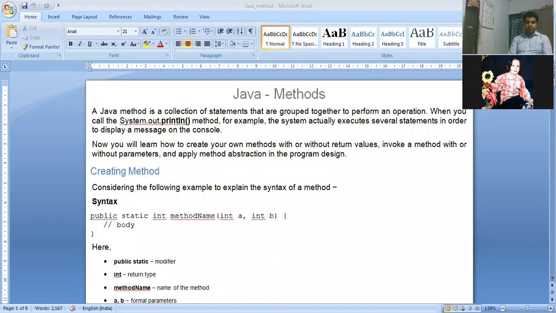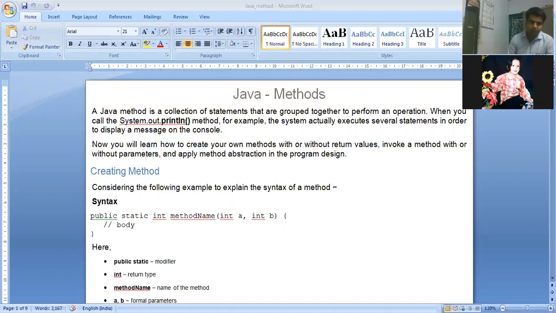The concept of the method was introduced only so that we can make our main program comparatively much lighter and easier, rather than making it more complex. Whatever the purposes the program needs to serve, those are kept in separate methods, and all these multiple methods are integrated together